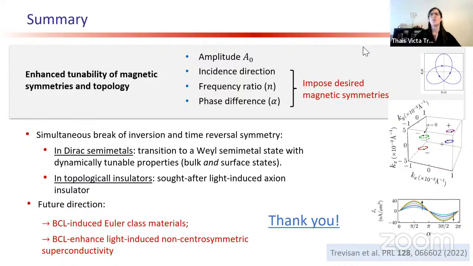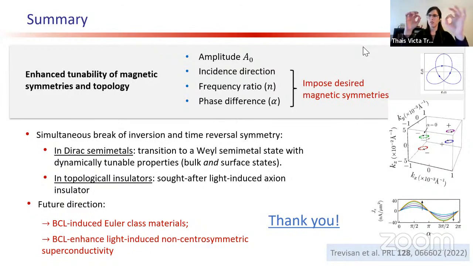I'm curious about what happens if the frequency ratio is not an integer but a rational number, and what happens if it is an irrational number? Great question. I was briefly looking into this. I didn't do it systematically yet, but if it is an irrational number, I think you approach a limit of unpolarized light. If you think of the Poincaré sphere,